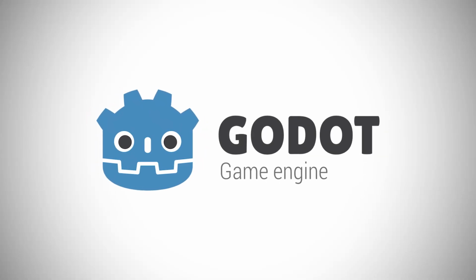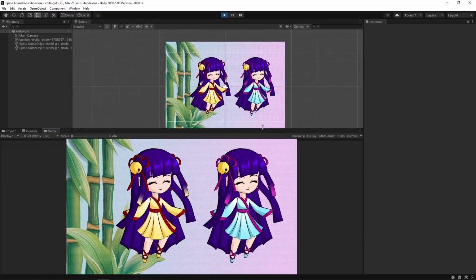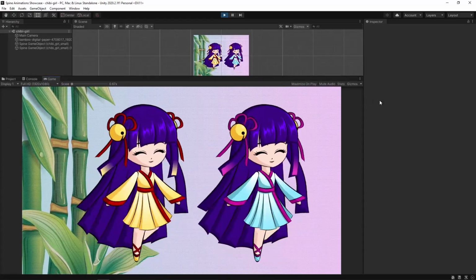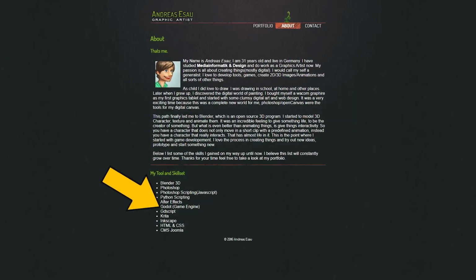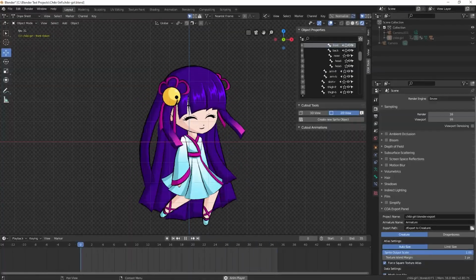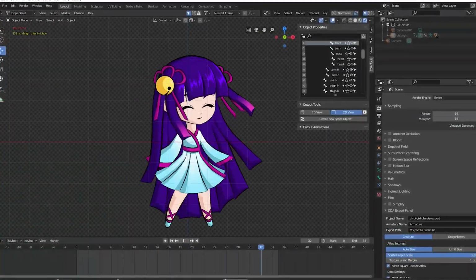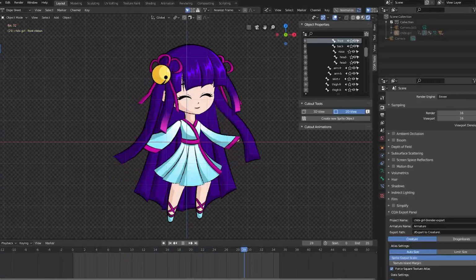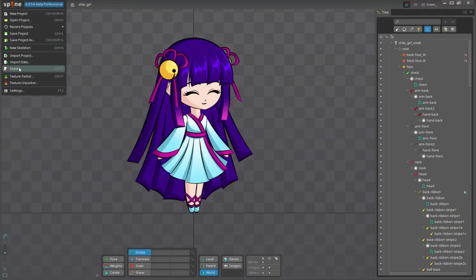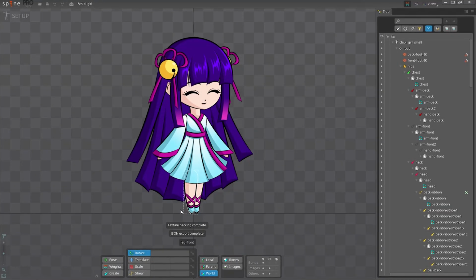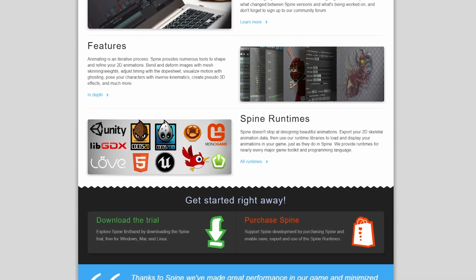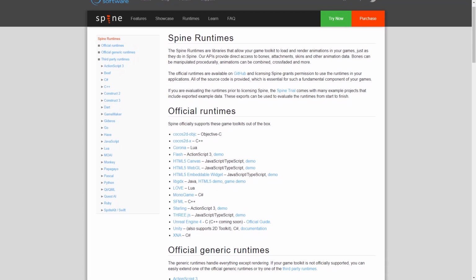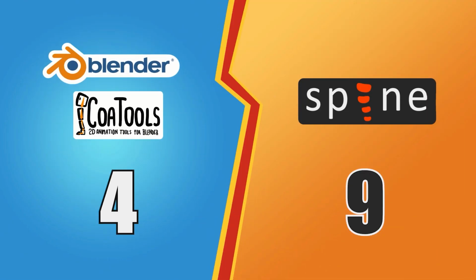The last option left was to export to Godot, and since I'm using Unity, I didn't have a chance to test it. Actually, I expect it to work pretty well, since it's one of the creator's specialties. If you've tested Koa tools with Godot, please share your experience in the comments below. So, even though Spine doesn't support Godot, its export procedures are stable. Also, there is a variety of engines you can choose from, and you get official support for the runtime packages. Therefore, Spine wins this round as well.